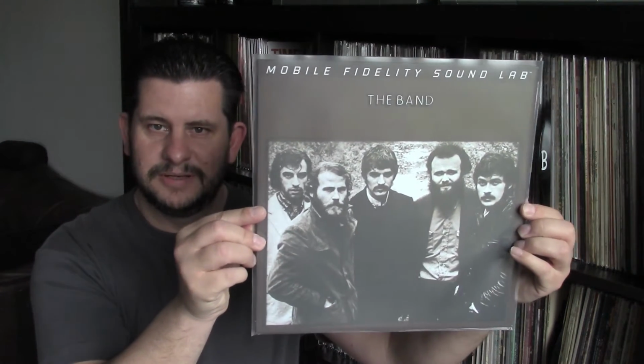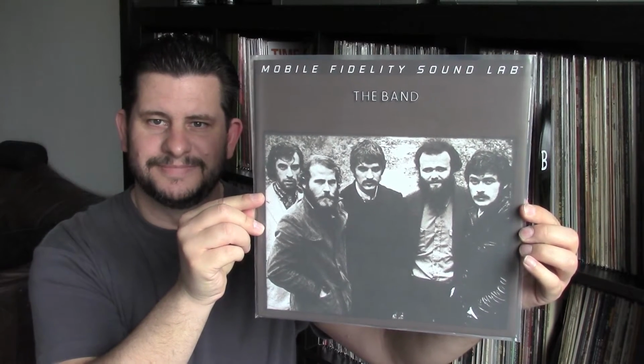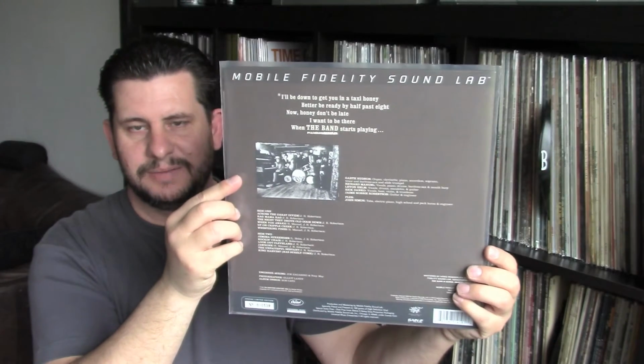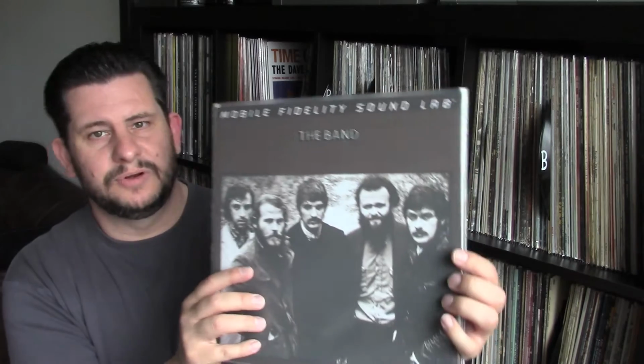The first one is by the band, the Brown Album I believe it's called. And this album is from '69, and actually this is my birth year, so this album is 45 years old. How about that? And it came in these kind of soft PE album covers. Let's take it out and have a look at it. The vinyl is loose inside here,